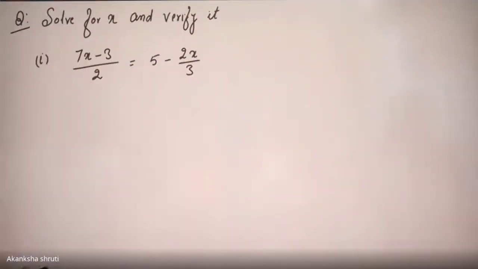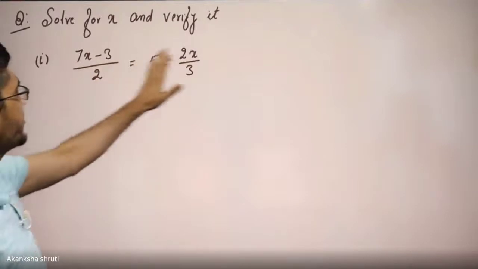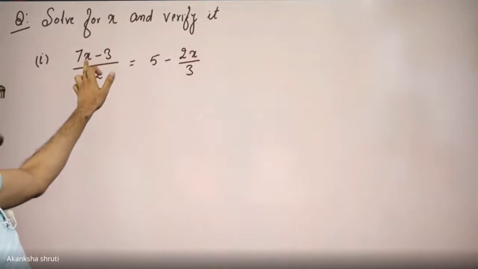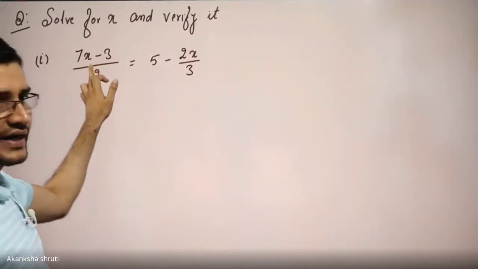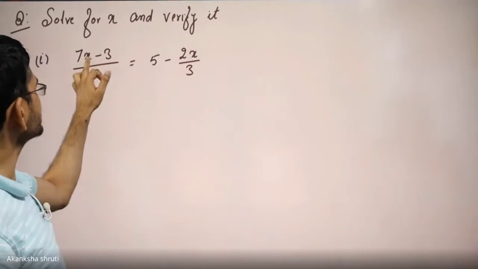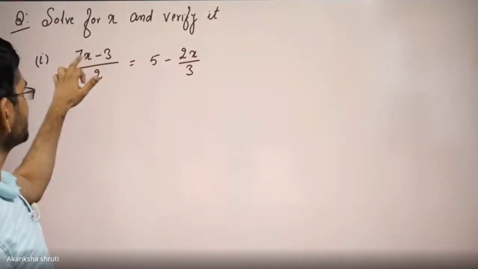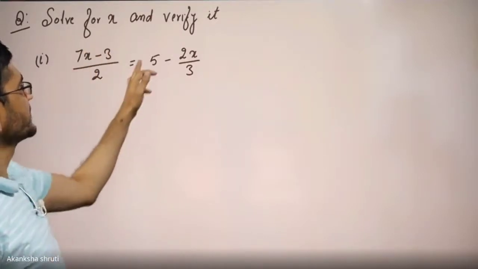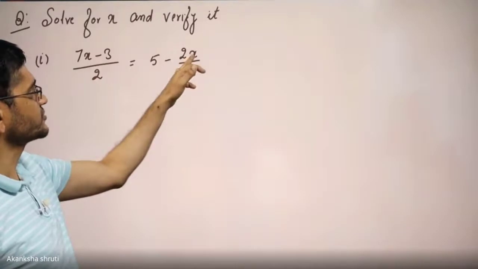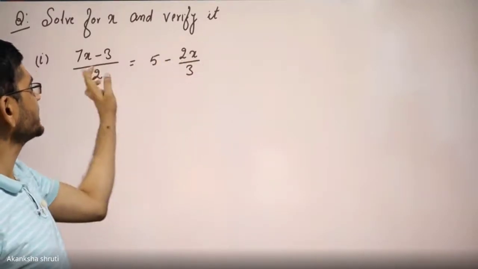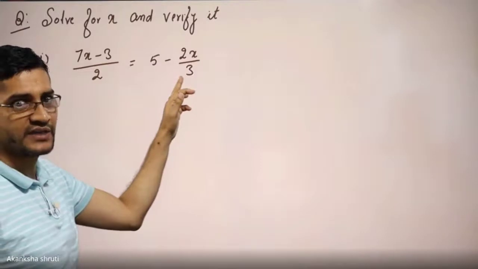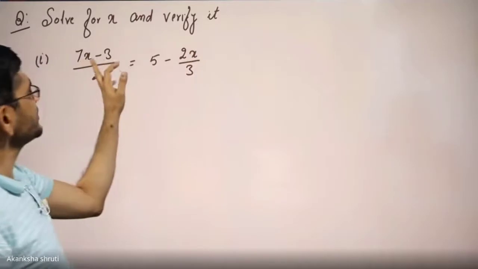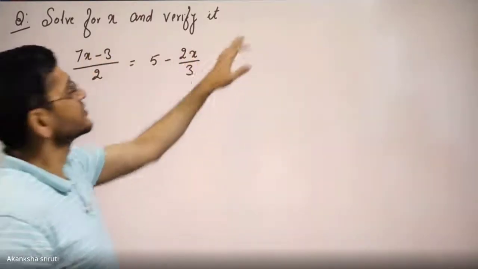This is the question where we first have to find the value of x, and then we have to verify that x also. Verification I had explained in the last class. The value of x that we have calculated has to be put here to calculate the value of the left hand side. And another time the same x has to be substituted on the right hand side, and that value has to be calculated. If the two are coming the same, then we will say x is a solution or it is verified. Otherwise, if they are not coming equal, then that x is not the correct solution.